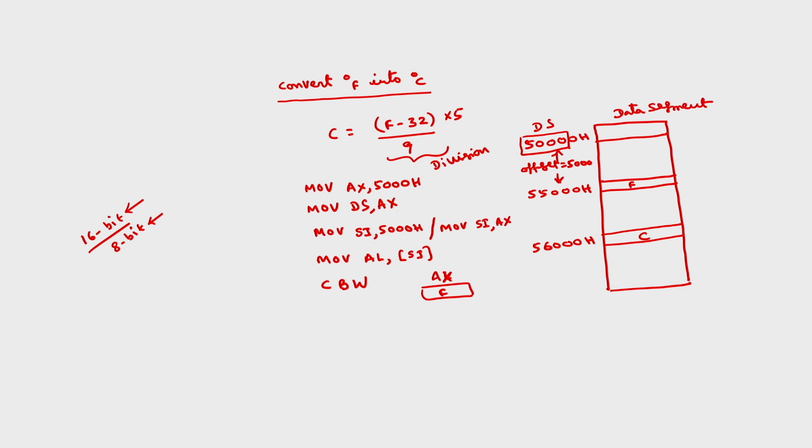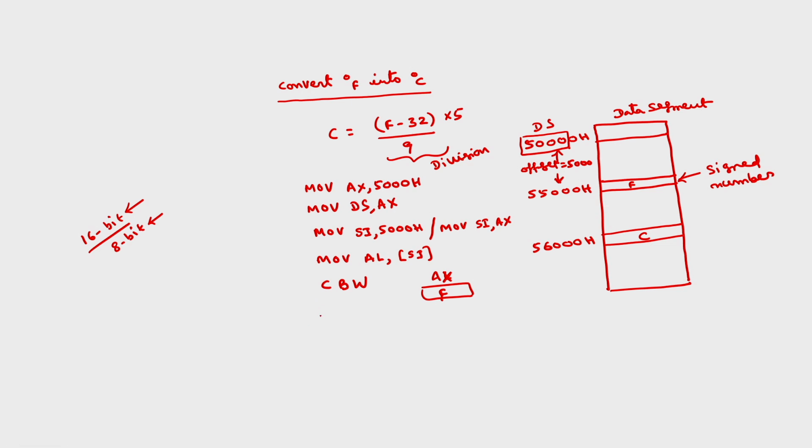This I have explained in the instruction set. Convert byte into word. Okay. Simply the sign bit of AL will be copied onto AH. Now the question is, why are you taking the sign bit? Because the Fahrenheit can be a negative value also. That is why you have to use signed numbers. Here we are assuming that F and C are signed numbers. So in case of signed multiplication or signed division, you have to extend the sign if you want to perform 16 bit by 8 bit division. So this is CBW. Now AX will be having the Fahrenheit value, the 16 bit equivalent of this 8 bit value.